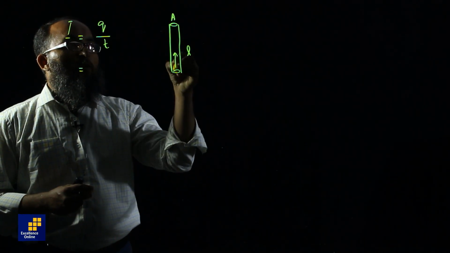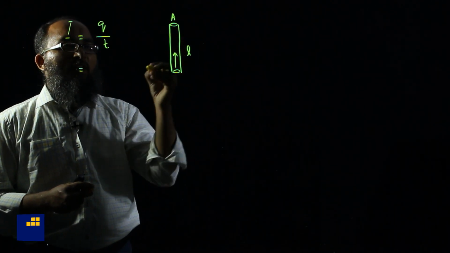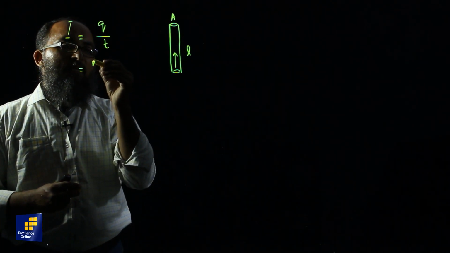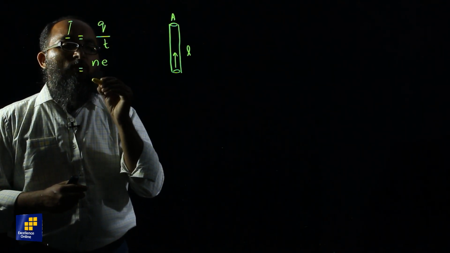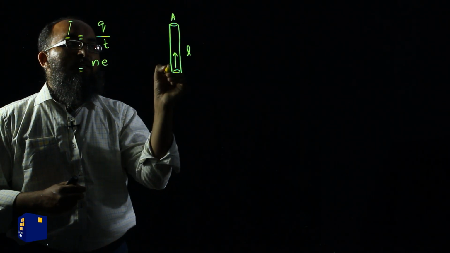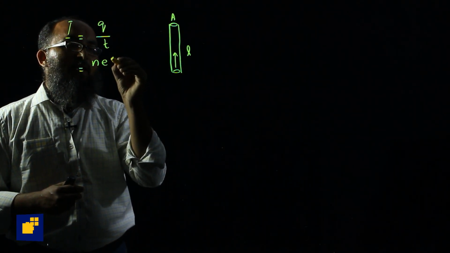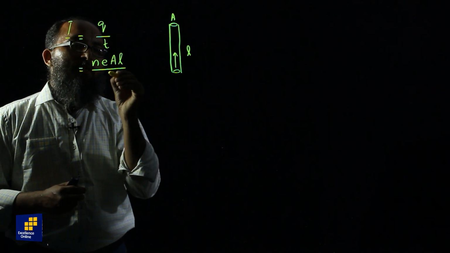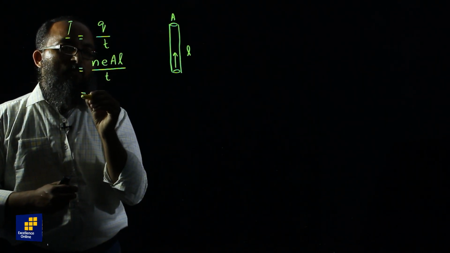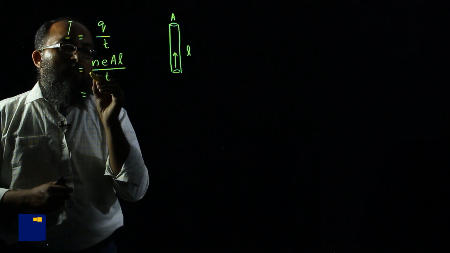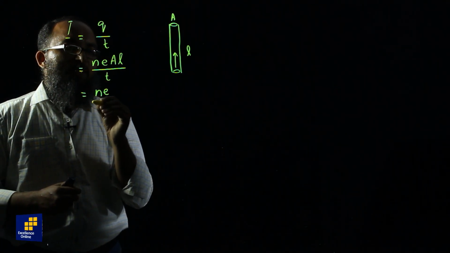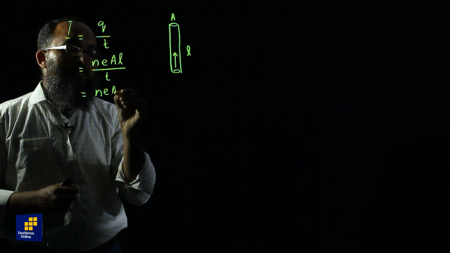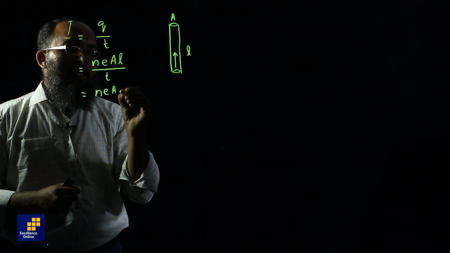The number of the charges flowing through this volume of the wire is given by N, number of electrons, times E, charge of each electron, times the volume of the conductor. The volume of the conductor will be area times length of the conductor, divided by time. Here N is the number of electrons, E is the charge of each electron, A is the area of cross section, L